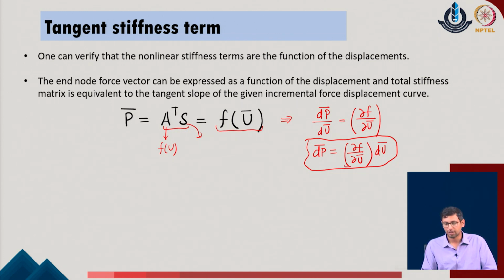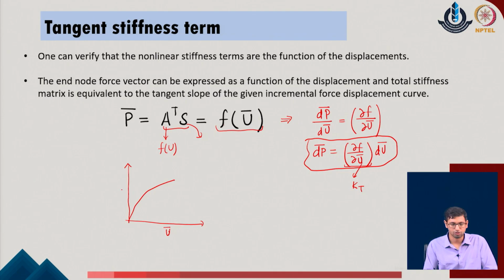So, what we understand is that the function describing the relationship A transpose S, if I try to draw this function on the given system, the parameter kT is evaluating the tangent on this system with respect to a variation in the u bar parameters. So, if p and u change along the two axes, and the function defined by this A transpose S expression is drawn in some form over here, then this kT is nothing but the tangent on the given system at the respective points, and that is the reason why we typically identify it as the tangent stiffness of the given system.